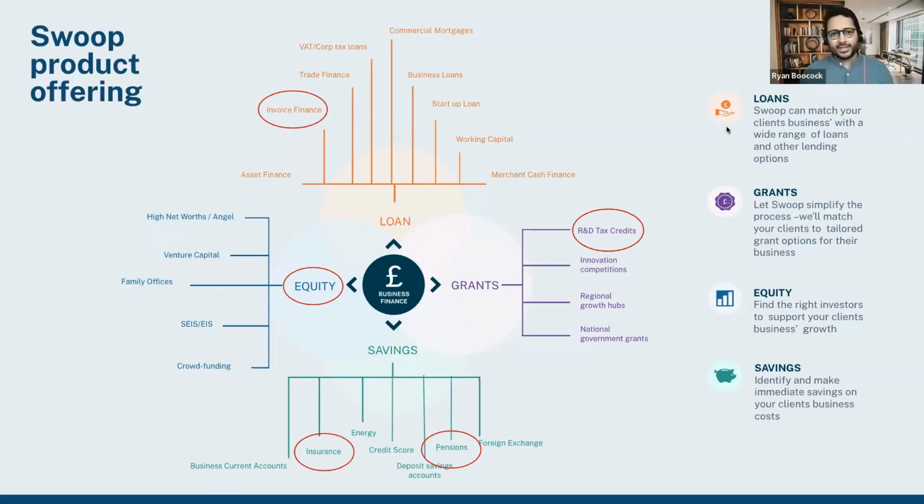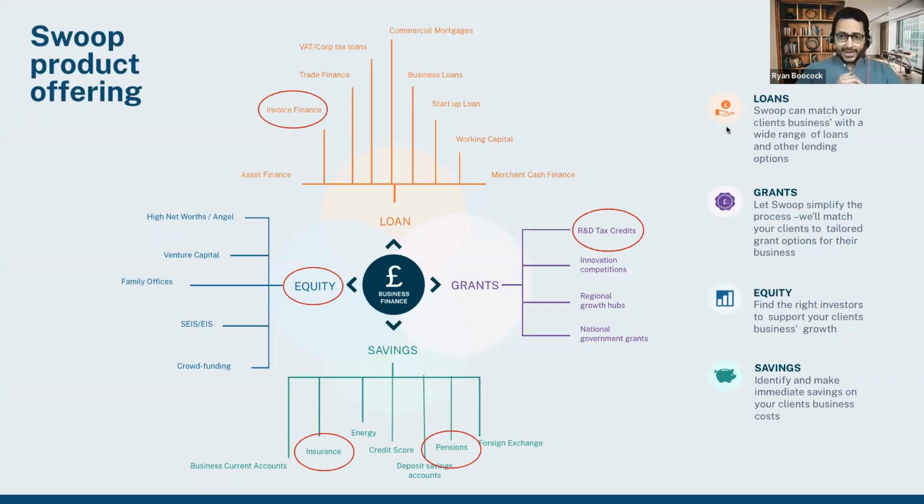But this can also lay the foundation for further conversations on funding that might actually lead to more significant inquiries from them, and services that we can provide, maybe around debt, maybe around investment if they're looking to grow. But two big areas here are the addition of insurance, business insurance, which we can now compare, and pensions. So with this, we can find any manner of business insurance, from key person to indemnity to property, and obviously similarly broad options on the pension side as well.